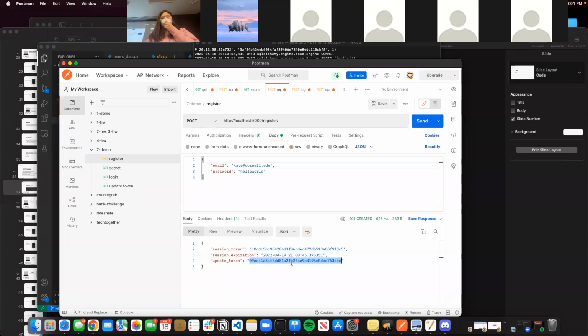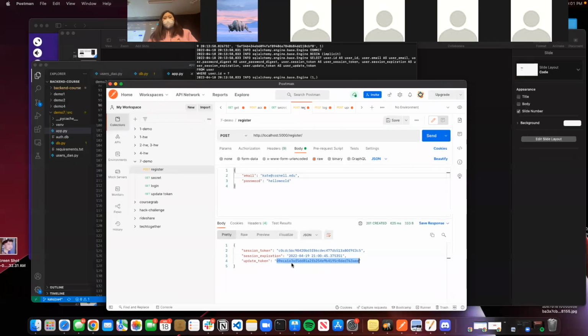And then this update token is just another type of token, but it's what we use to generate a new token. So an update token is very useful because